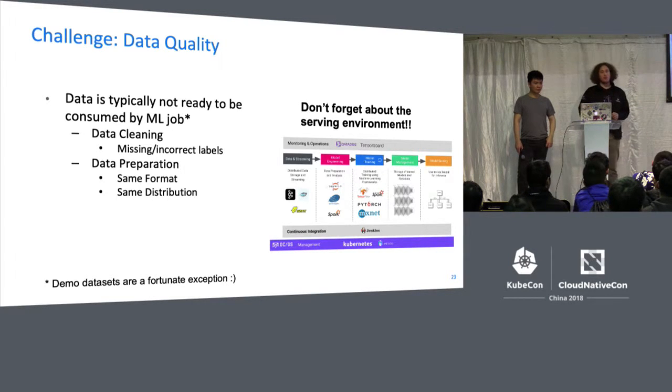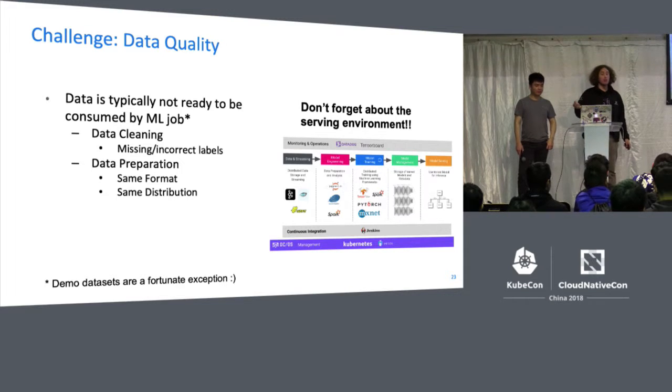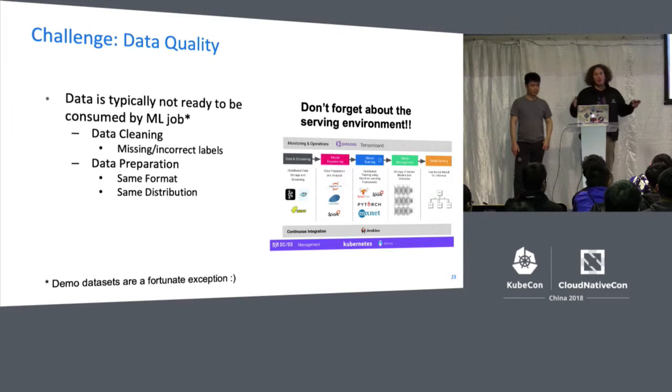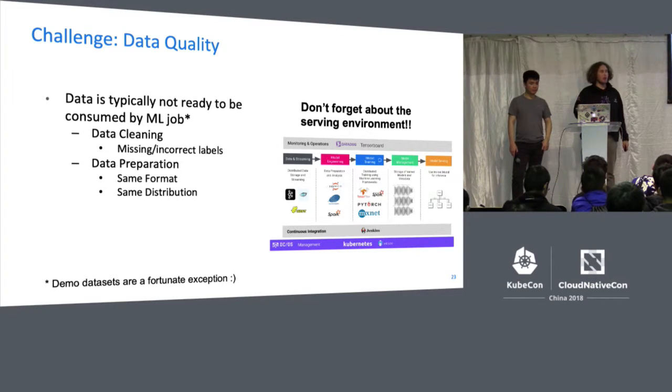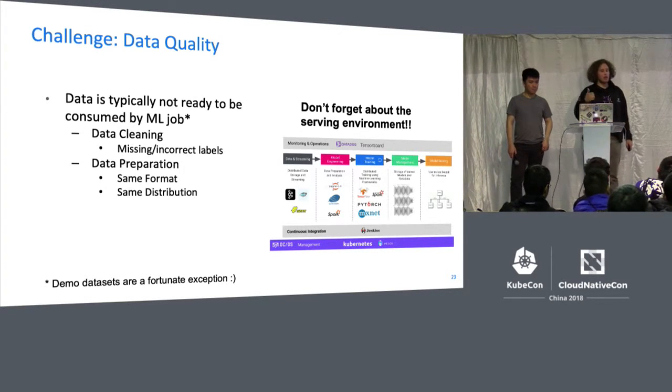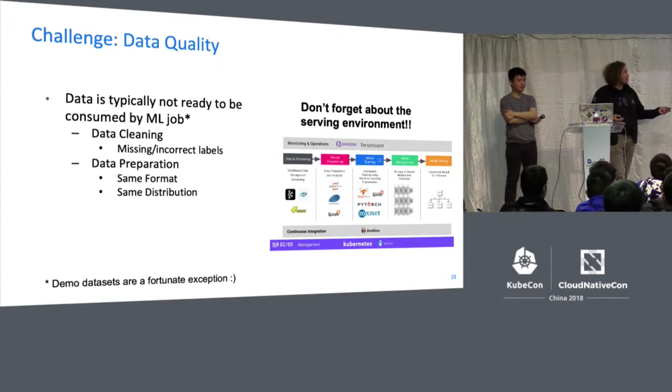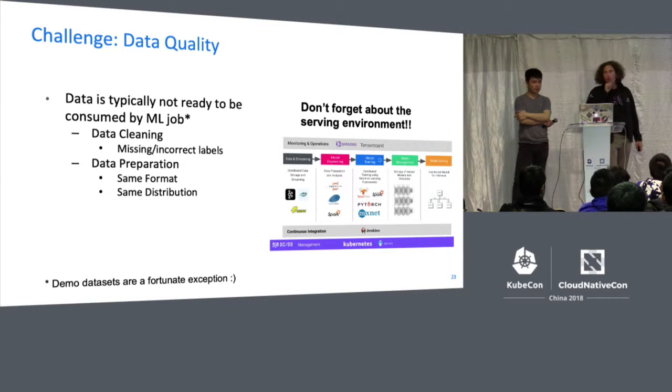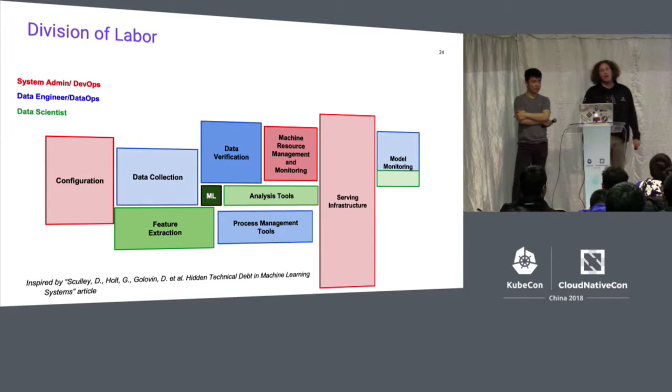So what those people did, they had an existing pipeline running in production, and then they stepped in and improved the way they were cleaning and preparing their data sets. Their models had much better quality, much better accuracy. But once they deployed them to production, it had really bad quality. What happened? They didn't update the data cleaning procedures in the serving environment for the live production data. So that was still the old data format, which obviously didn't match those new models.